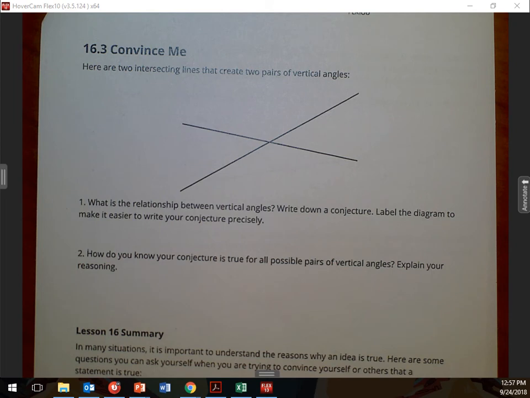Okay, 16. Oh, you're still working on it? Okay, so now make a conjecture. What can you say about this? Now look over on 16.1. I'll help you with it. Yeah, okay. Oh yeah, I see it. There we go. Okay. Now, tell me about it. You look over on 16.1.